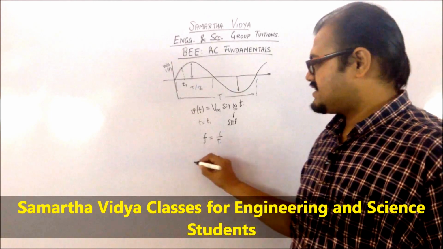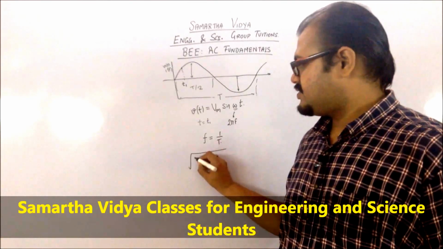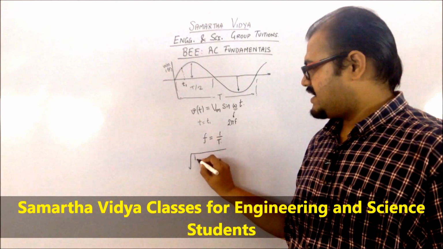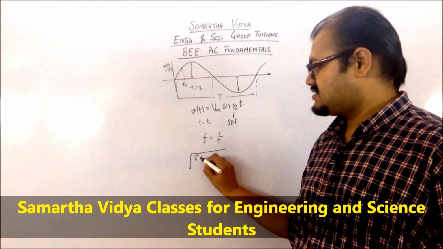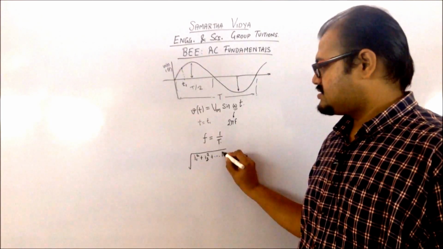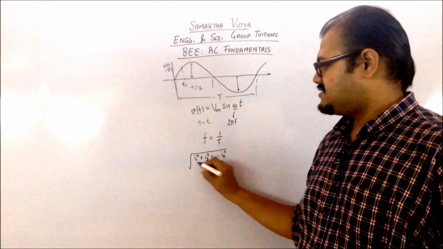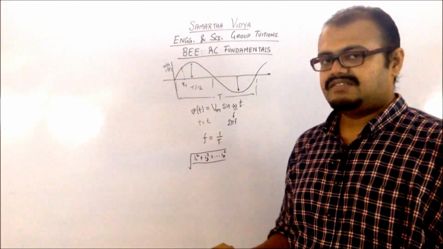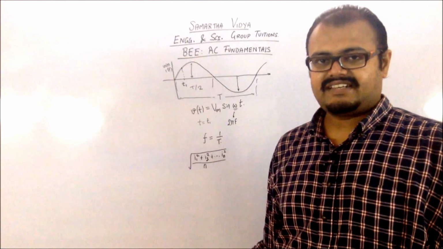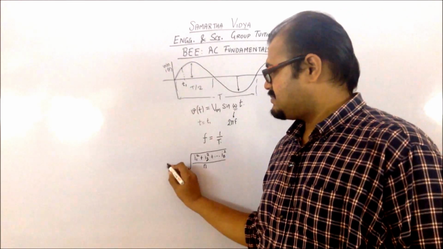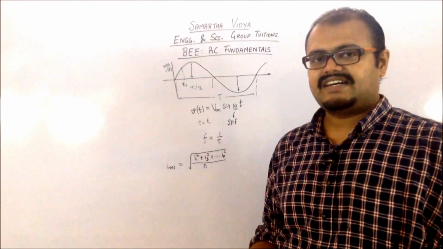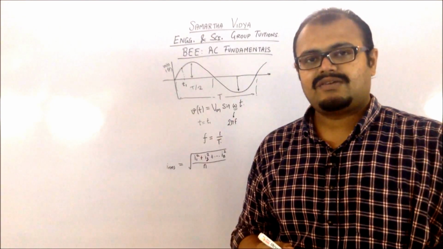So it's basically nothing but the root of your instantaneous values. Let us say that the instantaneous values are I1, so you are taking a square of this, I2, you are taking a square of this, and so on till your nth value, that is the nth instantaneous value, divided by the number of samples which were taken. So this is going to be nothing but the RMS value of your current. In this case, it's your current, or in the same manner you can calculate your voltage.